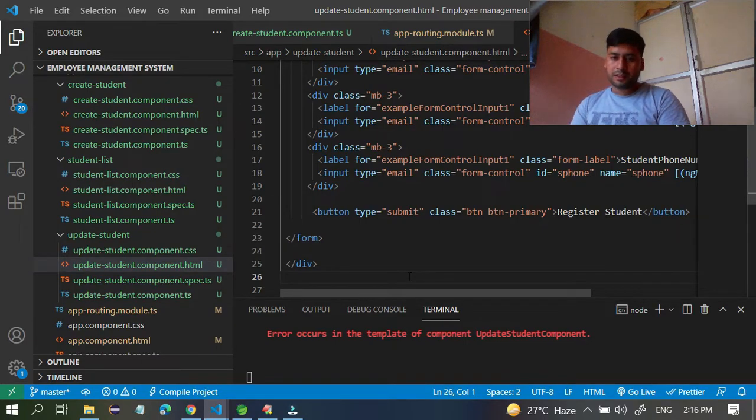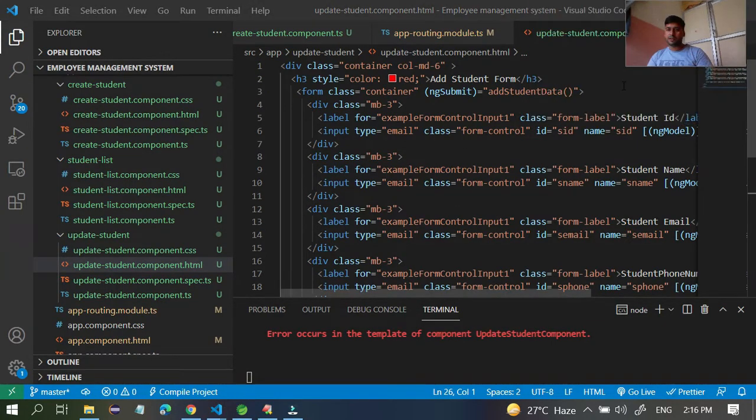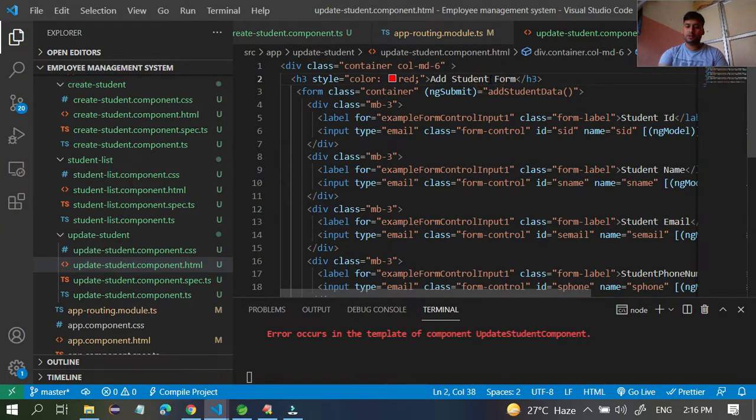So for example, if you right now see, in the create student HTML file, you created something like add a student form. Just make it small so you can see everything. Okay, you have written add student form. I will write update student form.